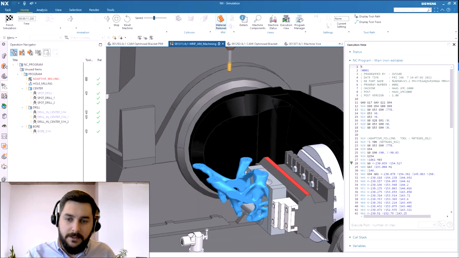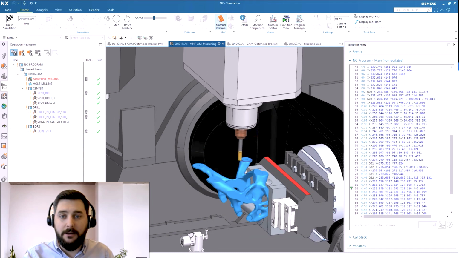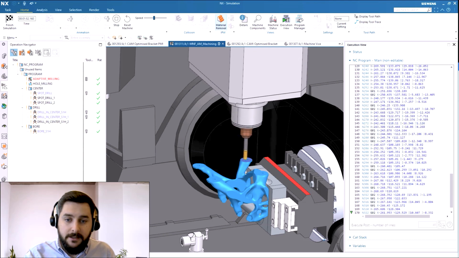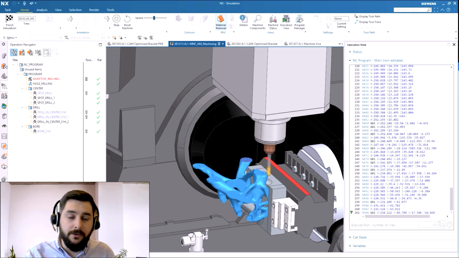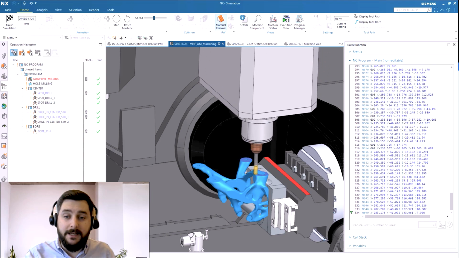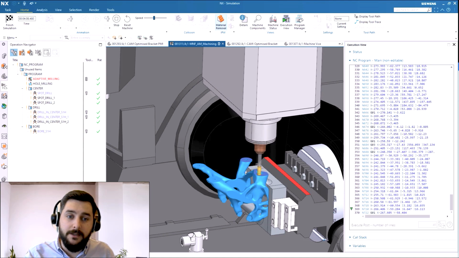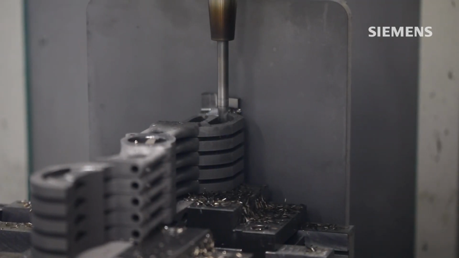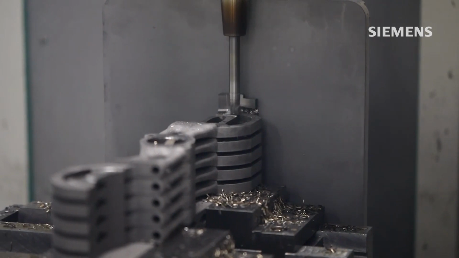Earlier on, we downloaded the Smart Machine Toolkit, which contained the machine graphics to give us context of the machine, as well as the post-processor, so that we can output to the machine tool that matches what we have on the shop floor. But what it also gave us was a simulation driver, and that simulation driver is going to verify and validate that the tool path is collision-free and safe before we use it on the shop floor.